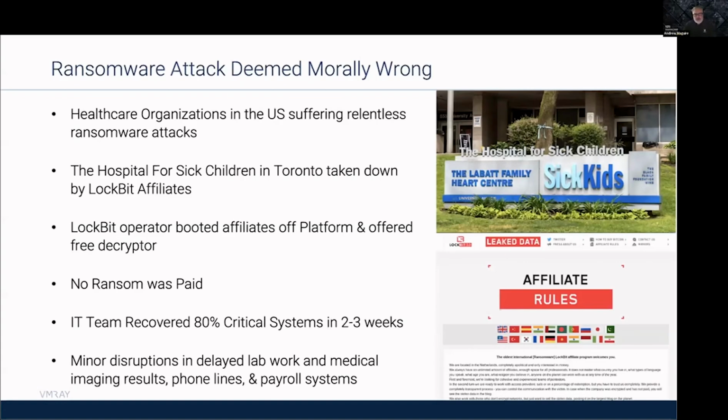One such incident was in December of 2023 when an affiliate violated the rules of the platform operator. Apparently they have rules and ethics. And hacked the Hospital for Sick Children in Toronto, Canada. All these poor kids, cancer patients, and it really threw a spanner in the works for their